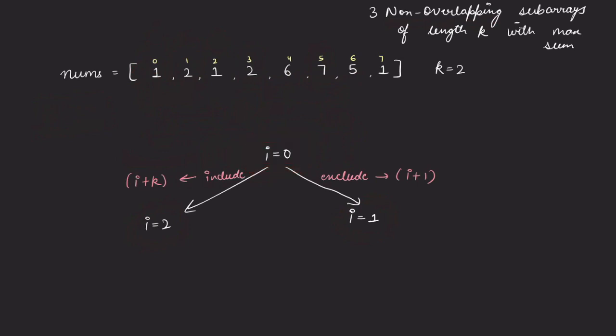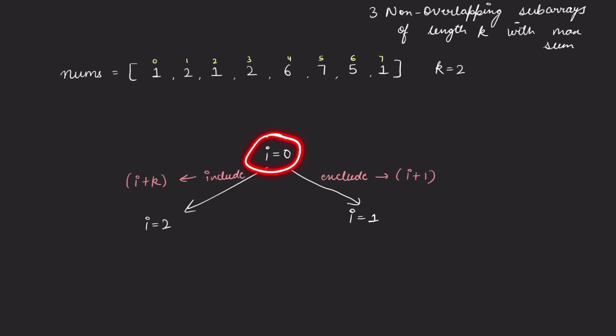Then that means one subarray I have already considered for this path. So when I am at I equals to 2, from the further paths, I need to identify two more subarrays, right? One I have already identified here. So along with this index I should also keep a variable to track the count of subarrays that I have considered till now,